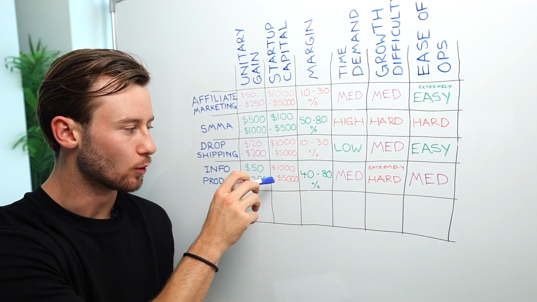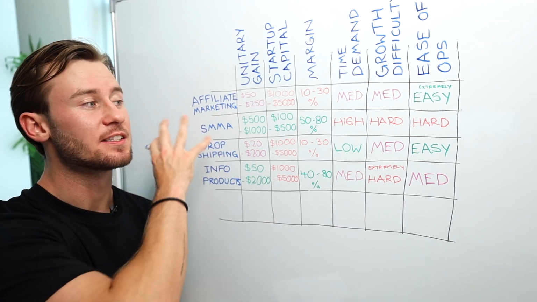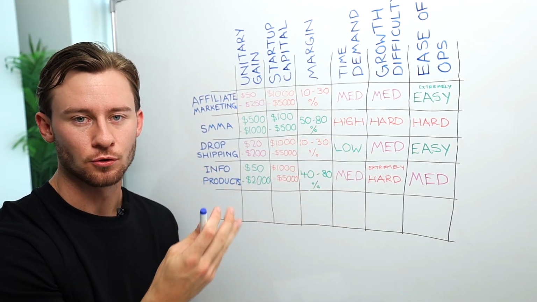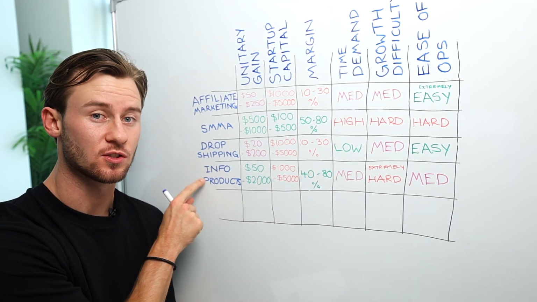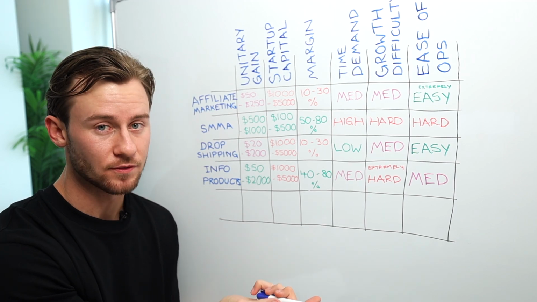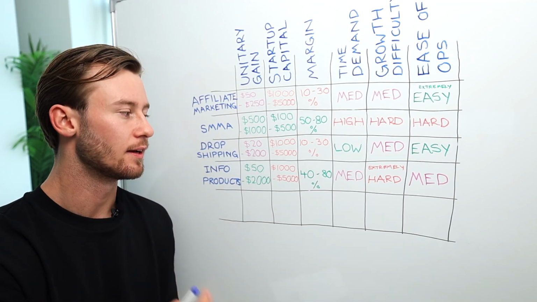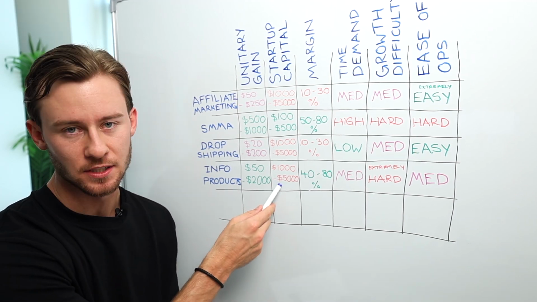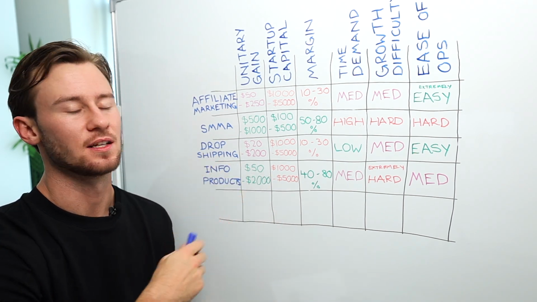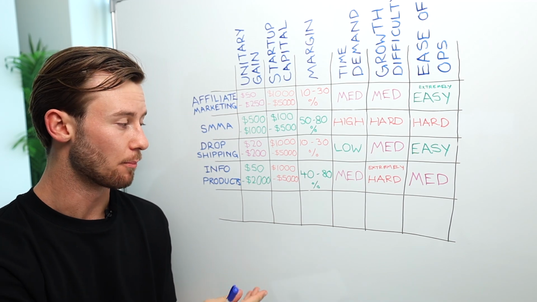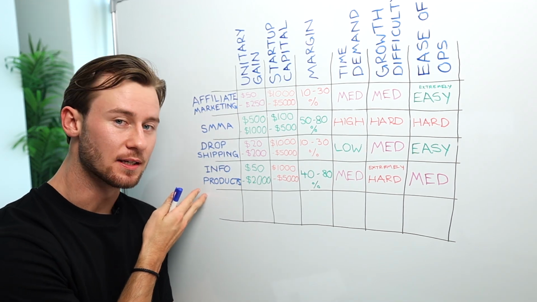But startup capital, it's expensive. Now, as a beginner, you don't have a social media following. You don't have a big audience that you can market your info product to straight away. So what do you have to do? You have to let people know about it. How do you do that? With marketing and advertising, they cost money. And so 1,000 to 5,000 is a reasonable estimate startup capital to start an info product business that is actually